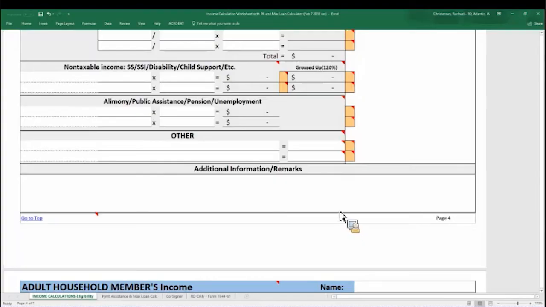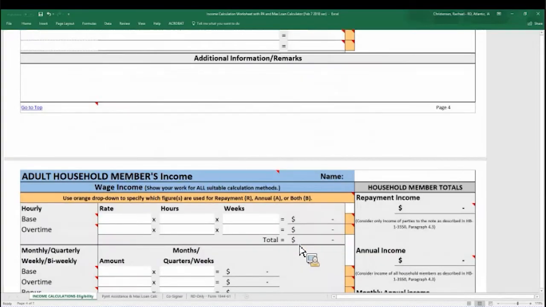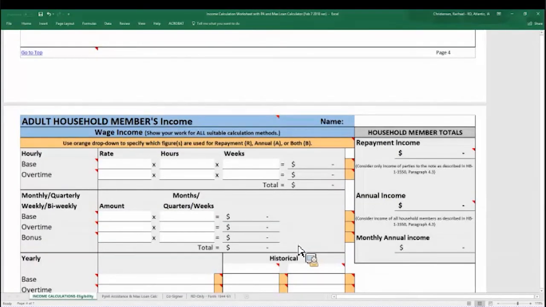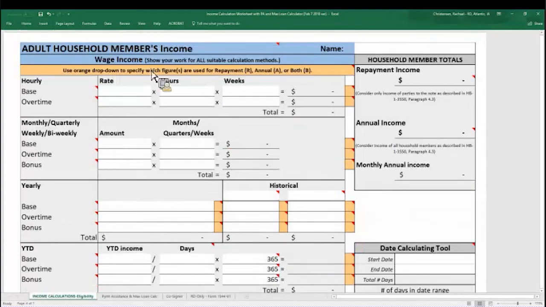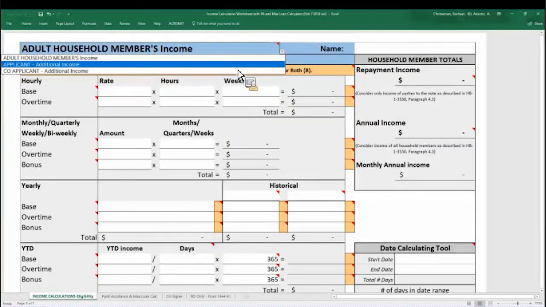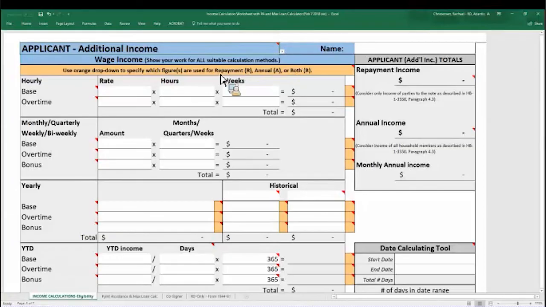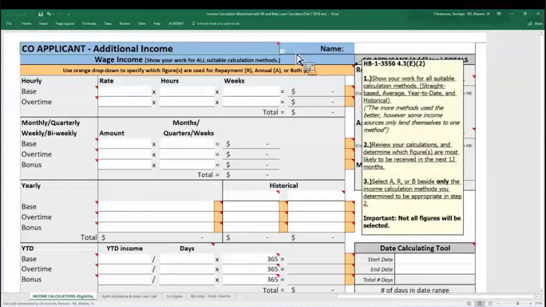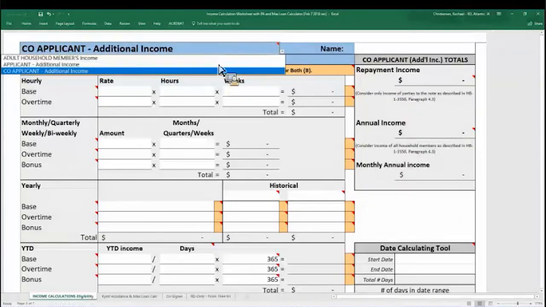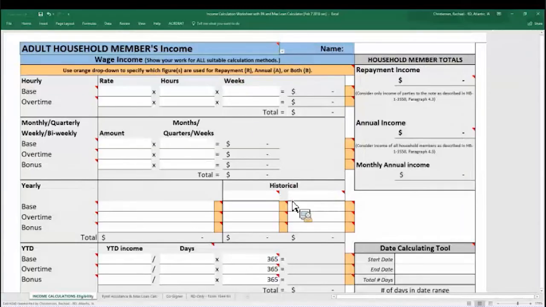The next page down, Shannon mentioned that there are several different uses for this page, and I'll show you how we can use that. Typically, it's the adult household members page, but you can also utilize it as additional applicant income or co-applicant income. So if we would select an adult household member, and we're just going to put in a quick figure just to show you how this works.